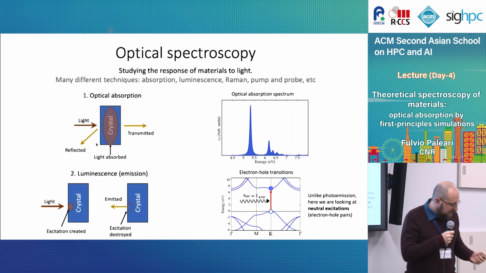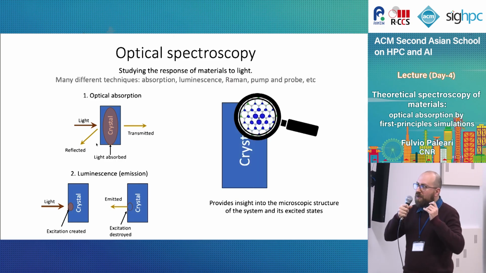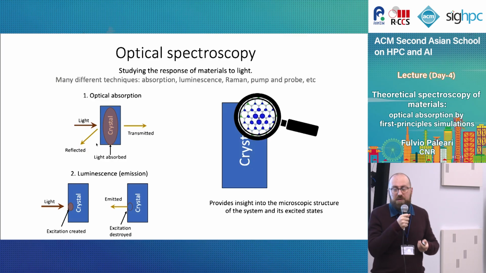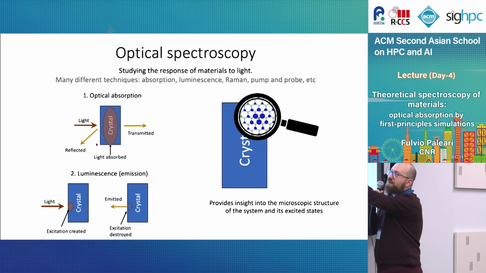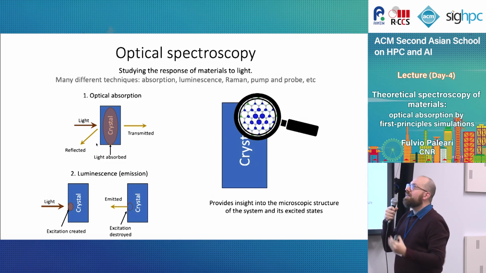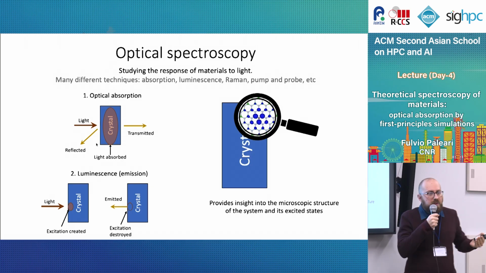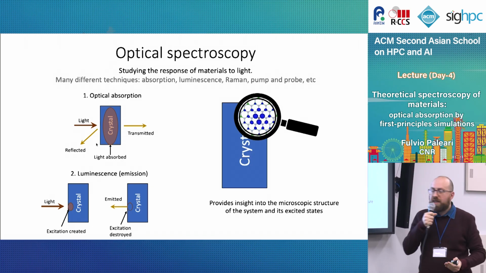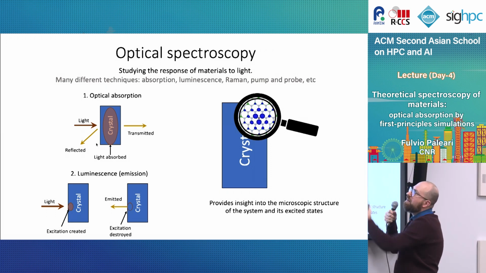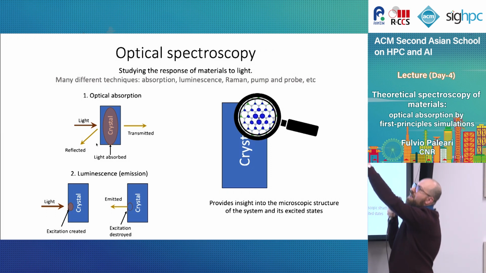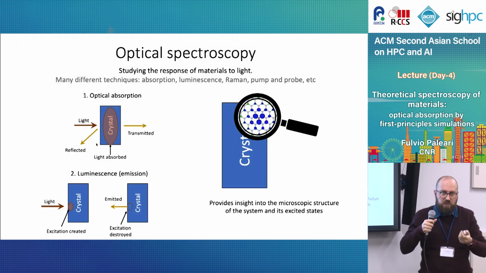Why is this very important? This is what I said before. So the details of the absorption process are given by the underlying microscopic structure of the material. And this is where we have to go. But to go to the microscopic regime, then we need to switch to quantum mechanics, as Daniele explained at the beginning of his lecture. Here we have a crystal structure, and then we have the electron density that is organized not uniformly, but around the crystal structure. So this is what we want to describe.